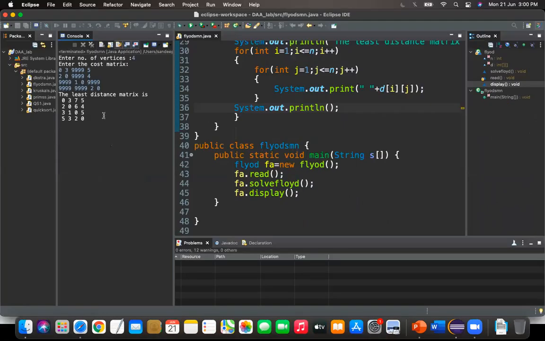Based on the i, j values, you can display the distance between each and every vertex. Since we have kept it very simple, because along with 10A there is one more program, 10B, which is a little bit complicated and lengthy, for that reason we have kept this program very short. Is it clear? This is a very simple and easy program.